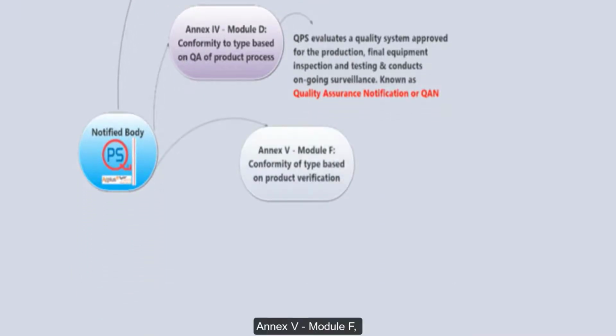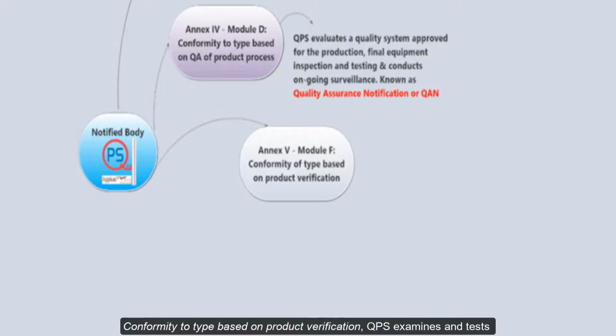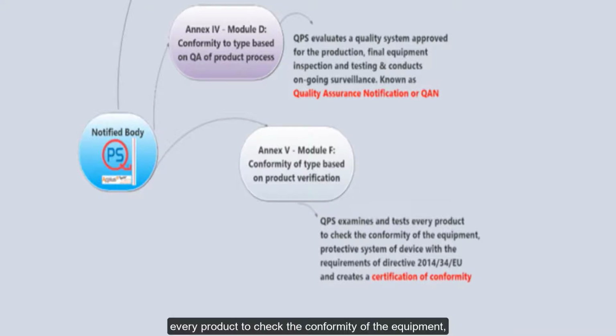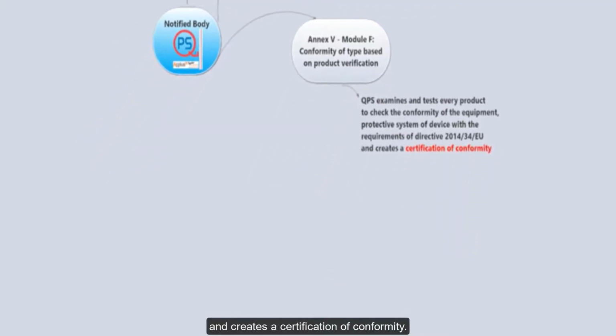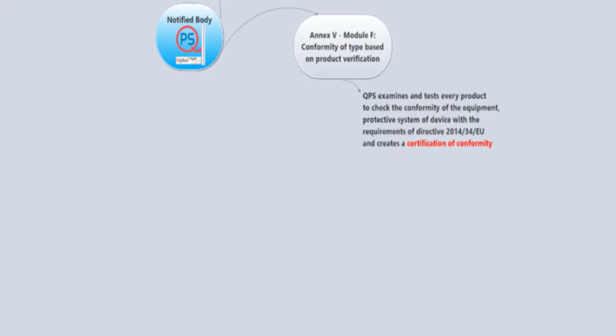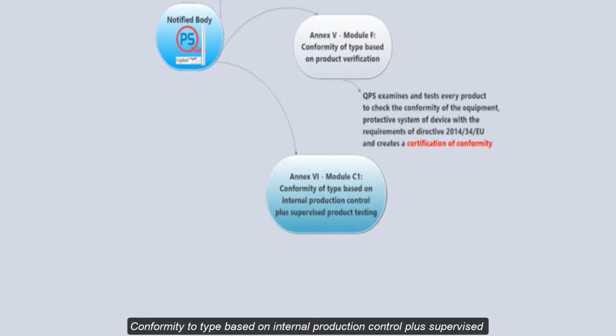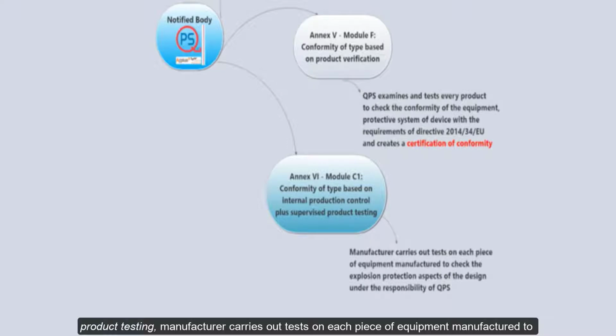Annex 5, Module F, conformity to type based on product verification: QPS examines and tests every product to check the conformity of the equipment, protective system or device with the requirements of the Directive 2014/34/EU and creates a certificate of conformity. Annex 6, Module C1, conformity to type based on internal production control plus supervised product testing: the manufacturer carries out tests on each piece of equipment manufactured to check the explosion protection aspects of the design